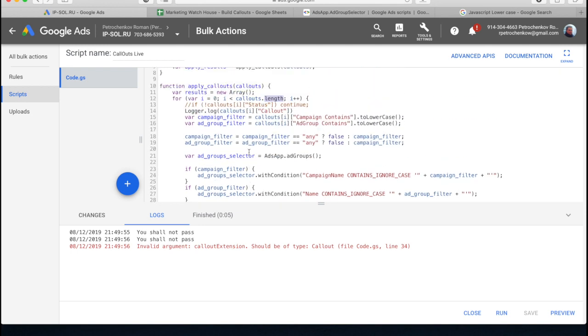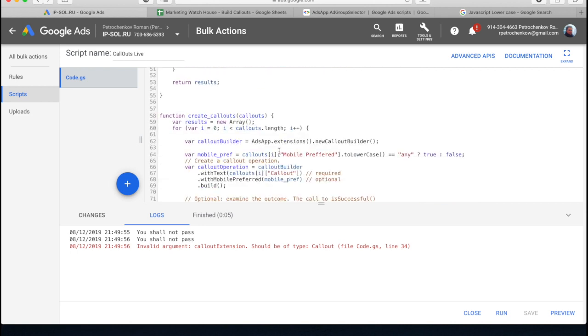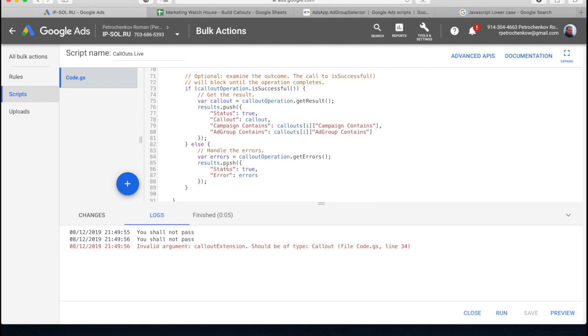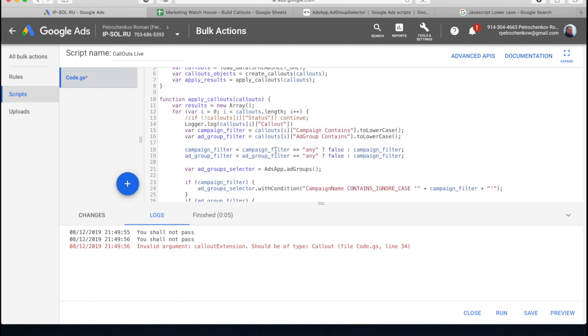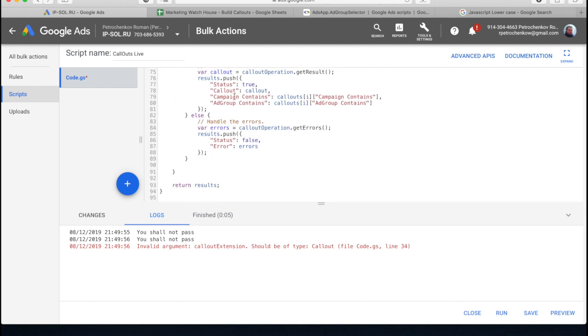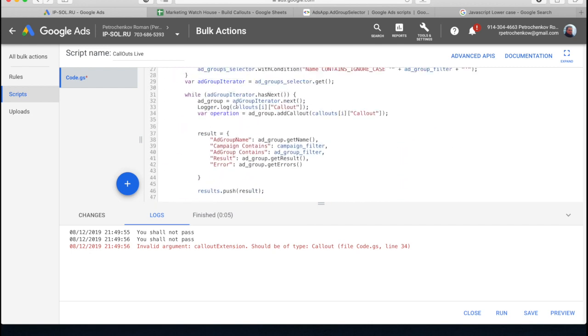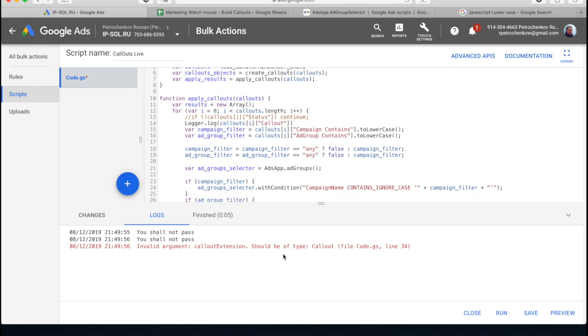Okay, so this doesn't work. Callout status. Why exactly? We can go down. It's true, true. Should be false. But still both of them were created, so why is it not working? You know what? Let's see what else I have there. I have status, I have a callout, I have campaign contains and add group contains, and I see that two of them are created. So